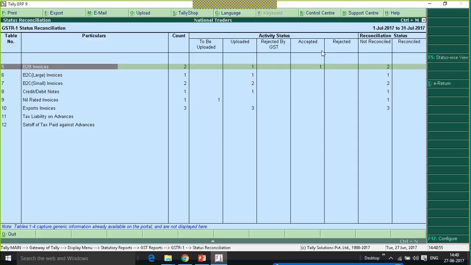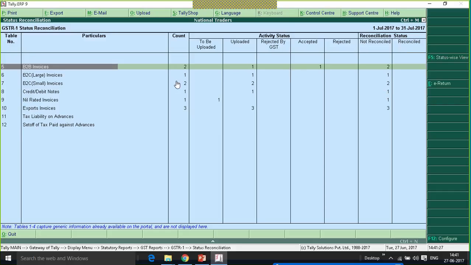Or if it is rejected, we can mark it as rejected. We have the reconciliation status, where we have not reconciled and reconciled. Not reconciled can be marked when details in the online portal don't match with our books. If it is matching with our books, it can be marked as reconciled.